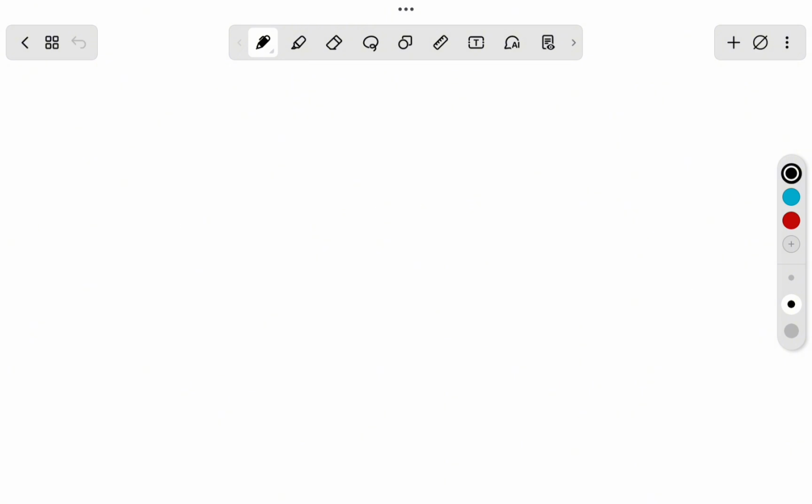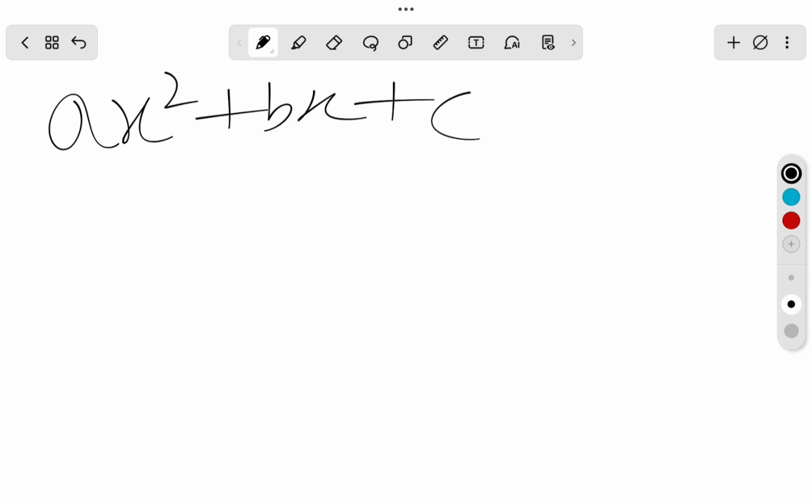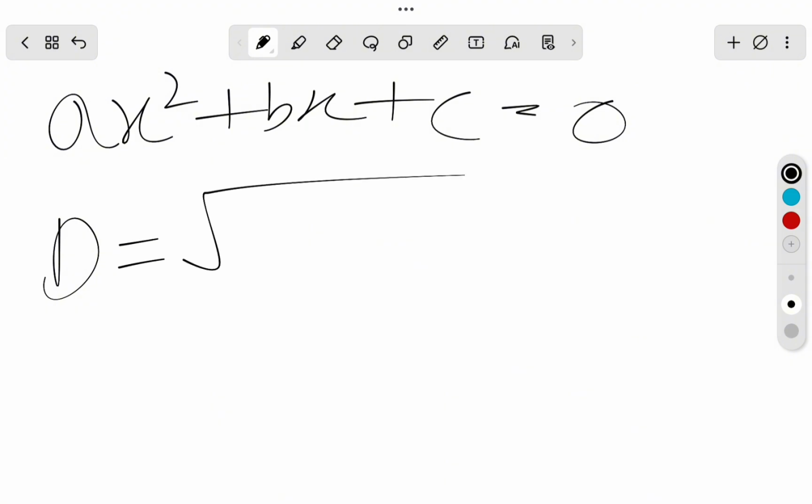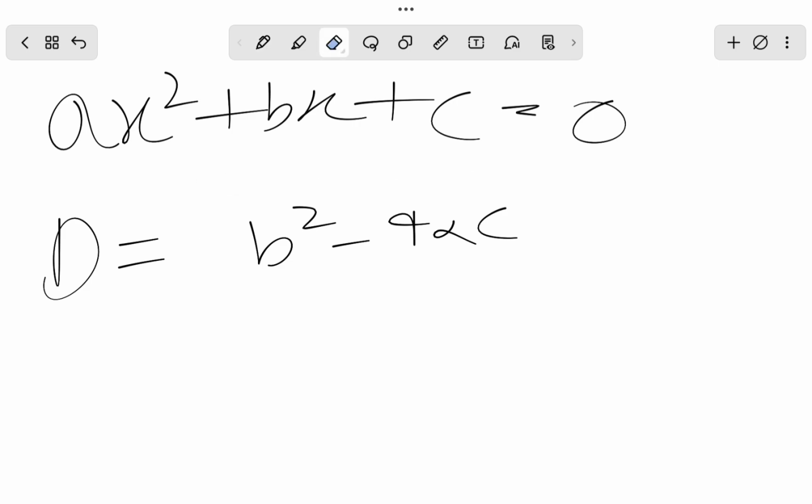Now we will talk about the discriminant of a quadratic equation. ax square plus bx plus c equal to 0. Here the discriminant D is equal to b square minus 4ac, not under root. b square minus 4ac is the discriminant of this equation. So if D is greater than 0,